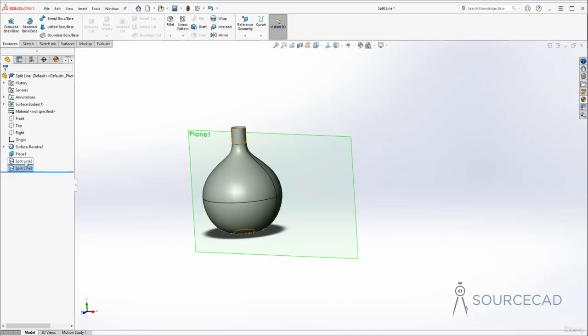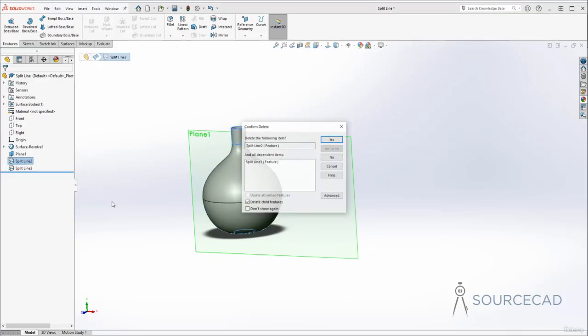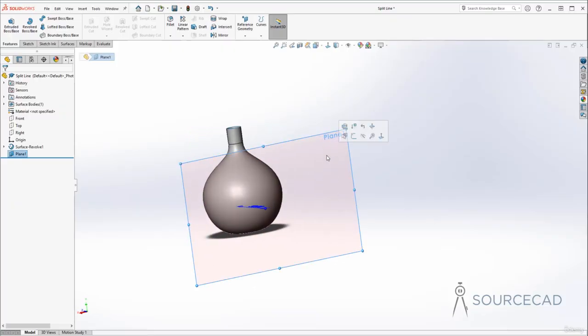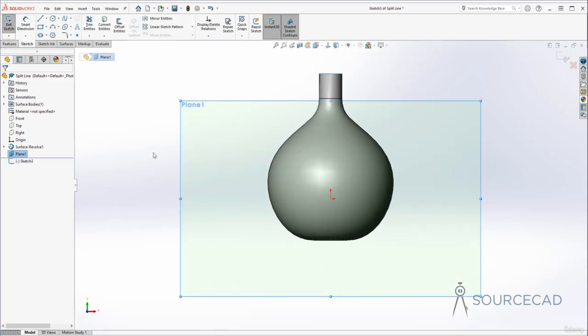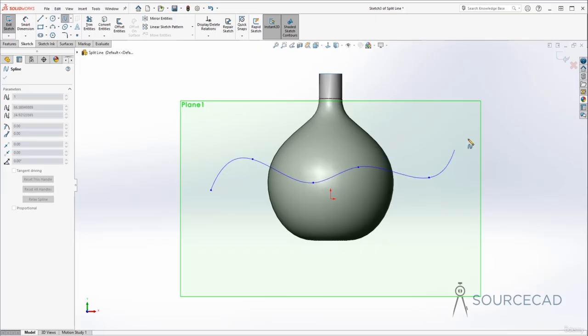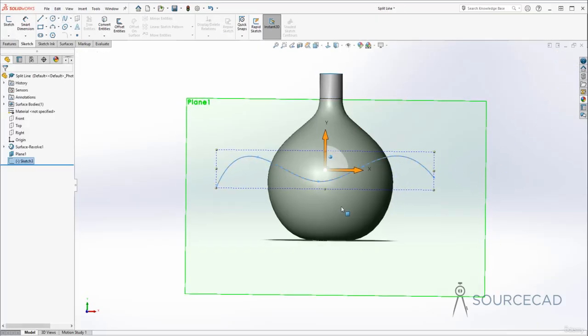So once again, I'm just going to select both of these options, and I'll just select delete, and let's see what else we can do with this. So here I have a plane, and I'm going to use this plane for another geometry. So I'll select this, I'll go to sketch, and let's just create a simple spline right here. So I'm just going to create a spline that kind of looks like this, and now I'm going to extrude